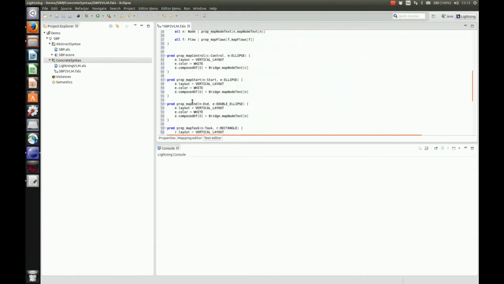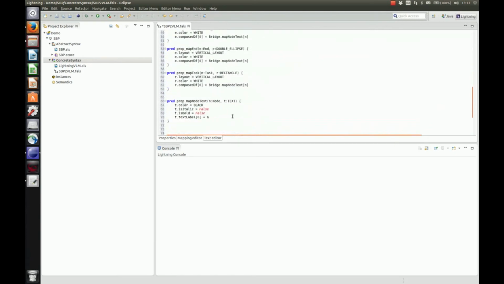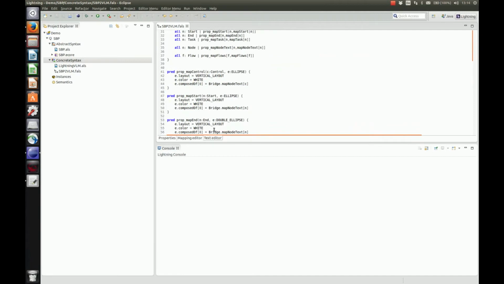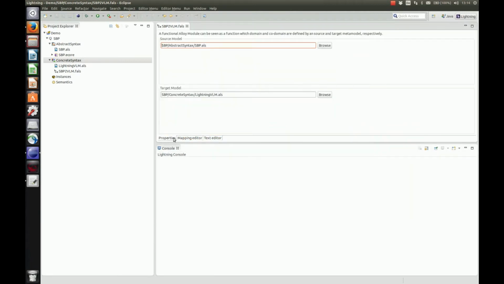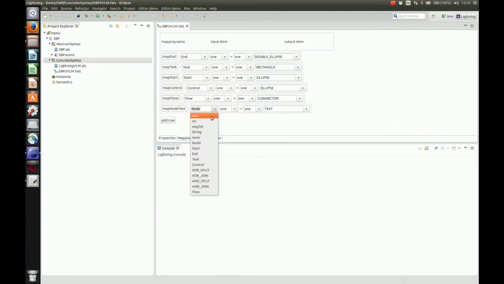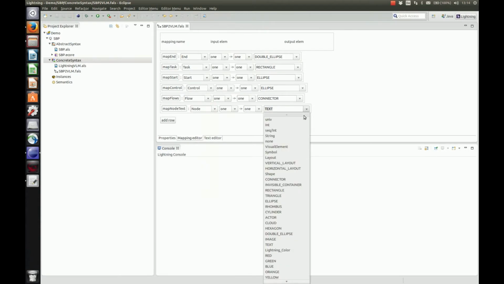They are written in such a way that constraints and relations can be interpreted as imperative assignments, thus allowing to compute the transformation in linear time. In this example, we feature a functional alloy module graphical editor that allows to edit the mappings from the abstract syntax to the visual language using simple combo boxes.